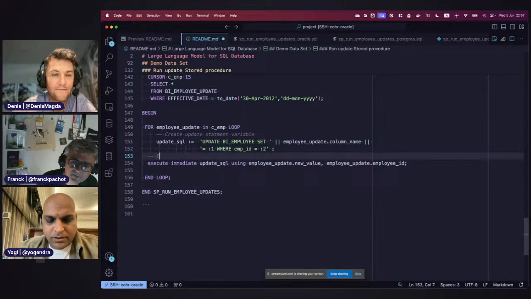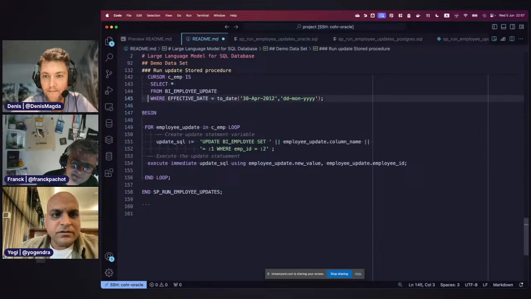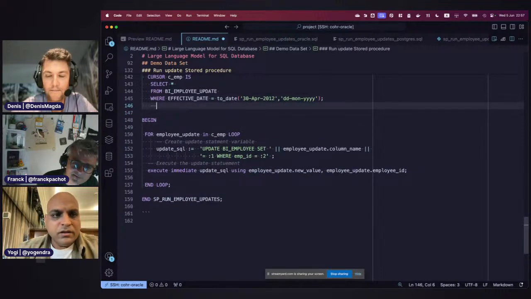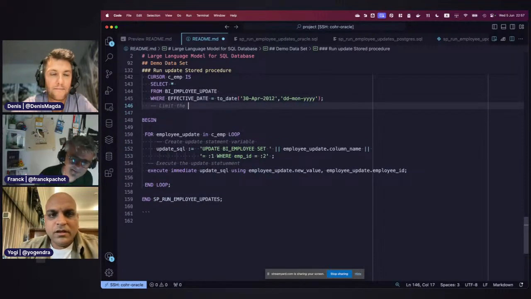So, execute the update statement, and then limit the effective date to 30th April. Yeah, something like that, right?